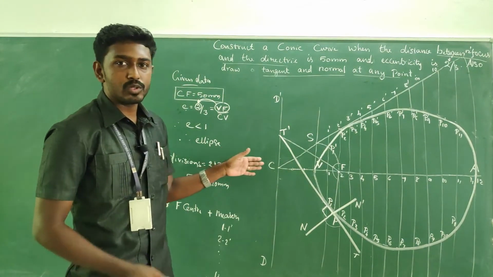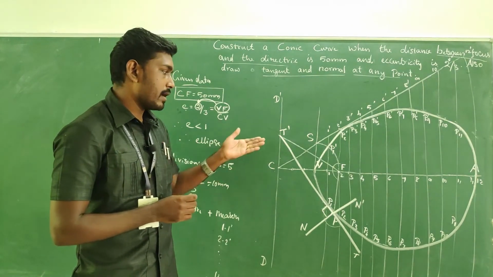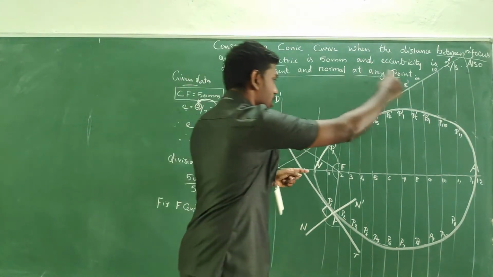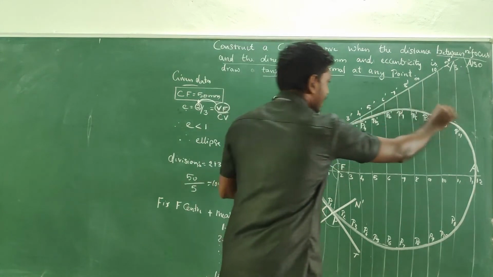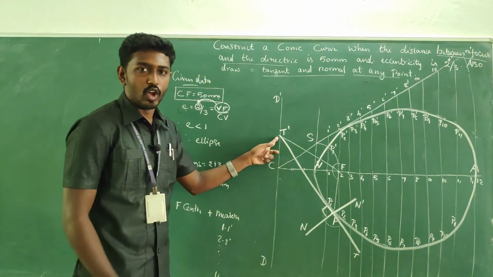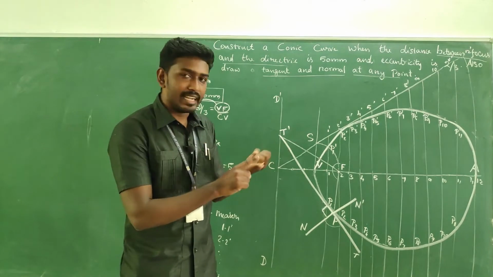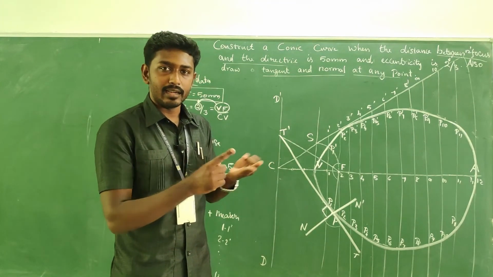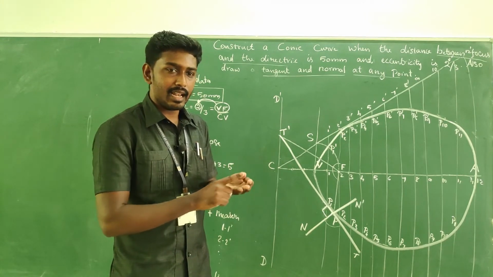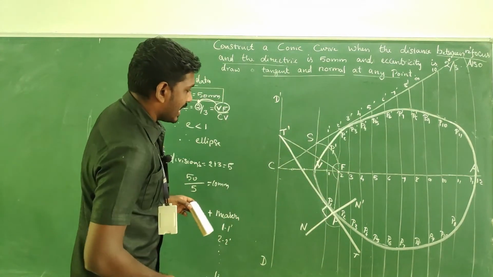Here you have to remember, in our profile, three things should be dark. One is what? The ellipse profile, next one is the tangent, and next one is the normal. After completing it, three more works are there: dimensioning, title, and notes. Three things: dimensions, title, and next one is what? Note.